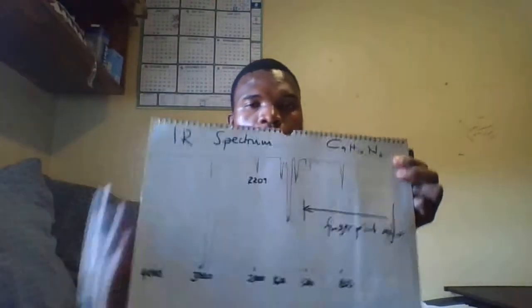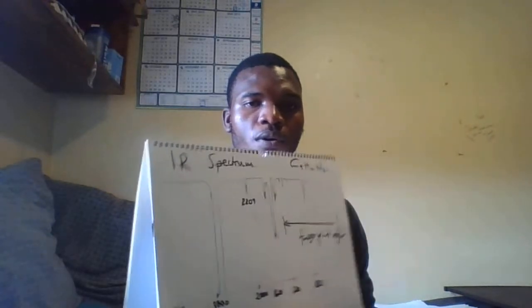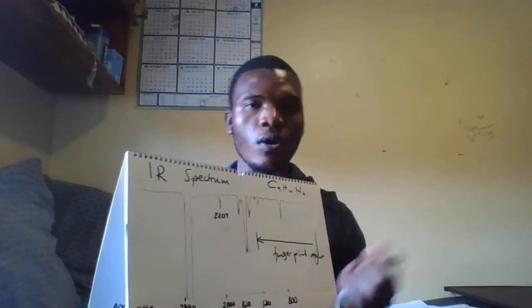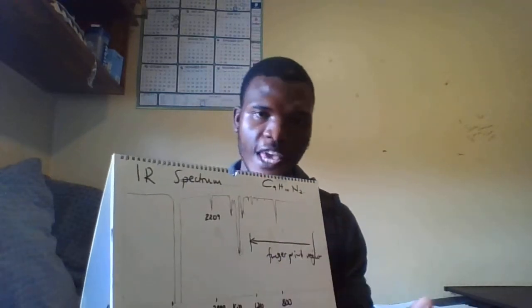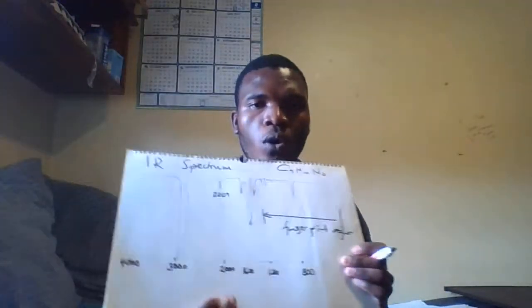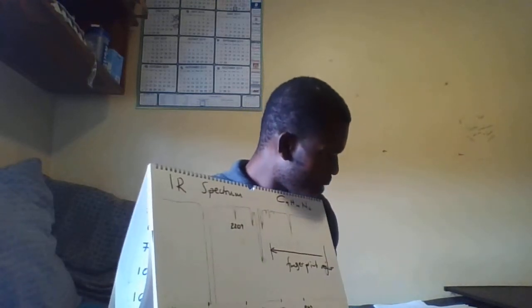So as you can see, when we go back to the information that we are given, it's simple. We simply focus on those distinct peaks that we have. For example, this peak here, you know, it's just before 3000. It's not above 3000. So we cannot expect the OH stretch. We cannot expect the NH stretch. And also the CH stretch as indicated. So what we expect for this peak,